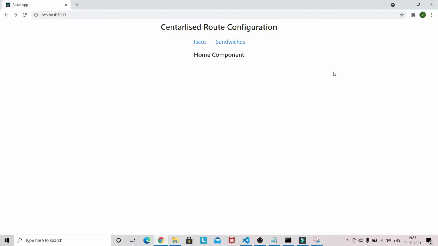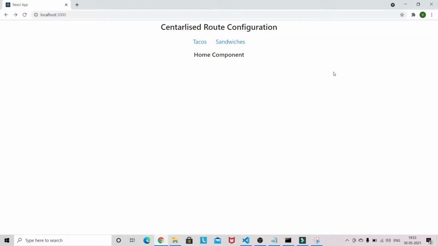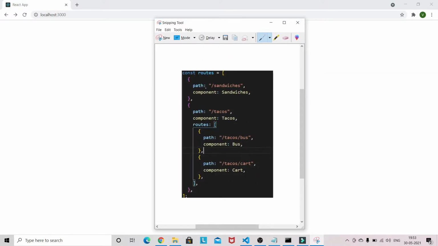Sometimes in your React application you might find your route configuration is centralized. Centralized means, I'll show you a screenshot, your route configuration might look like this in a project.